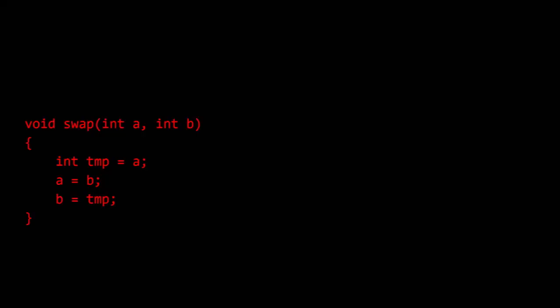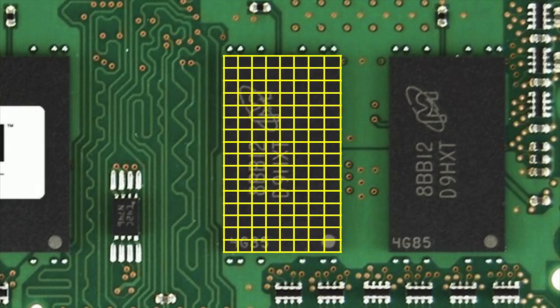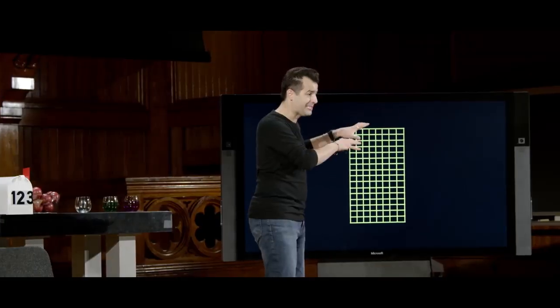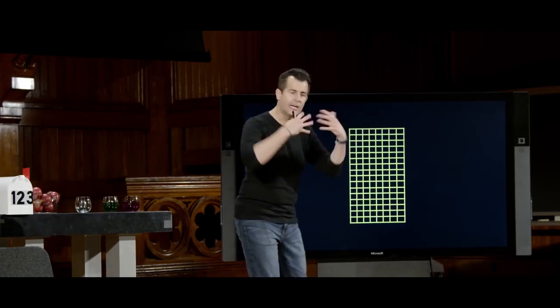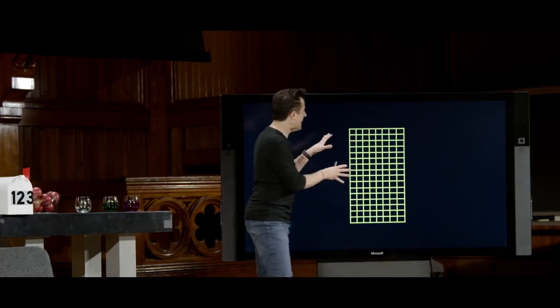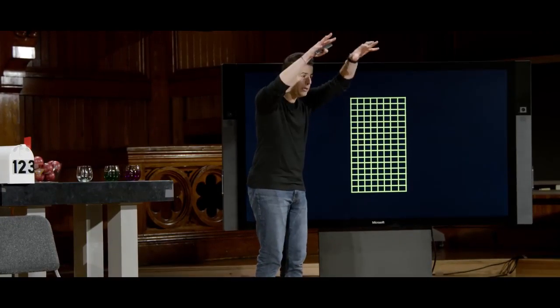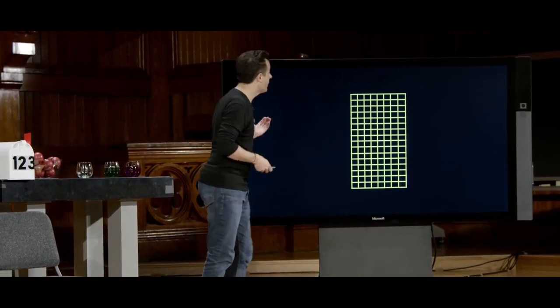Well, this version of swap doesn't actually work because, again, if we go back to first principles, go inside of the computer's memory and consider that our memory is just a grid of bytes, top to bottom, left to right, what's really going on? Well, it turns out that all this time we've been using C, my computer isn't just arbitrarily putting things in memory over here, over here, over here. It actually uses your computer's memory in a methodical way. Certain types of data go down here, certain types of data go up here, and so forth. So what is that methodology?